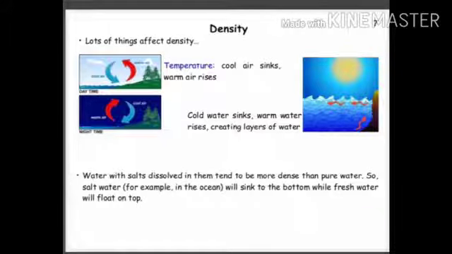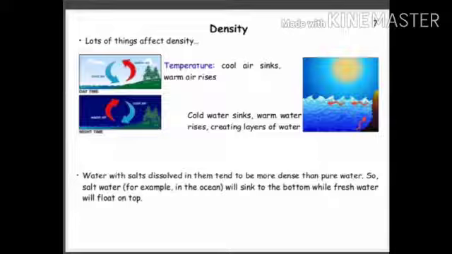So what happened when the water is heated? As the heat is given from the bottom side, the water at the bottom will be heated first, correct? So as the heat increases, this heated water will become lighter and will come up to the top of the surface, and the water which was colder will go down. So because of the change in temperature, the water moves from top to bottom, and this gives a circular movement to the water.